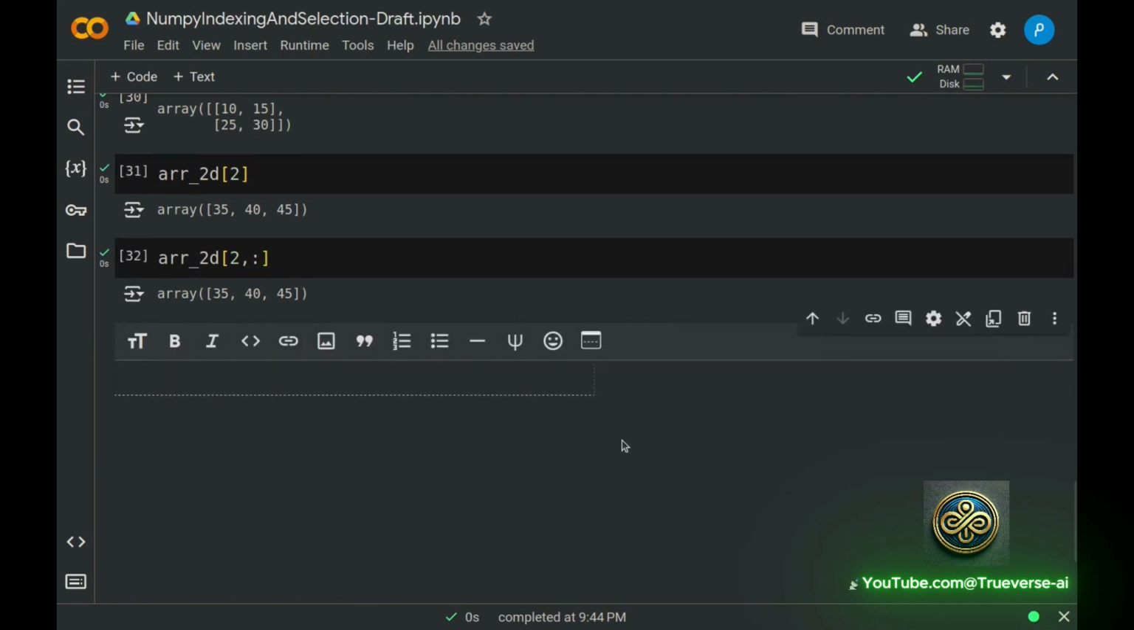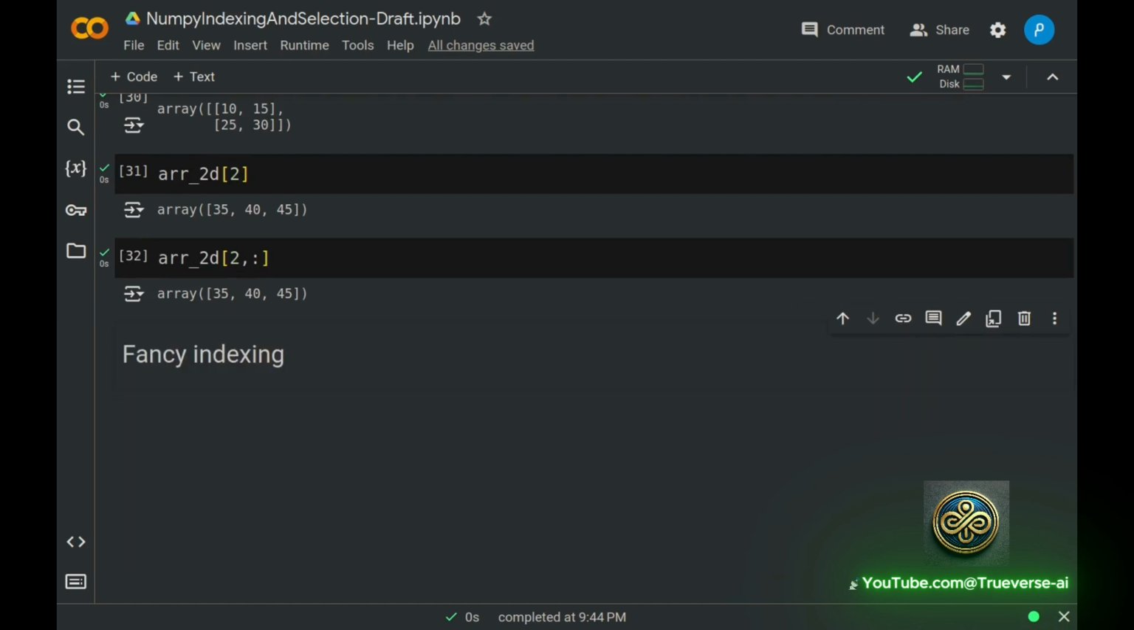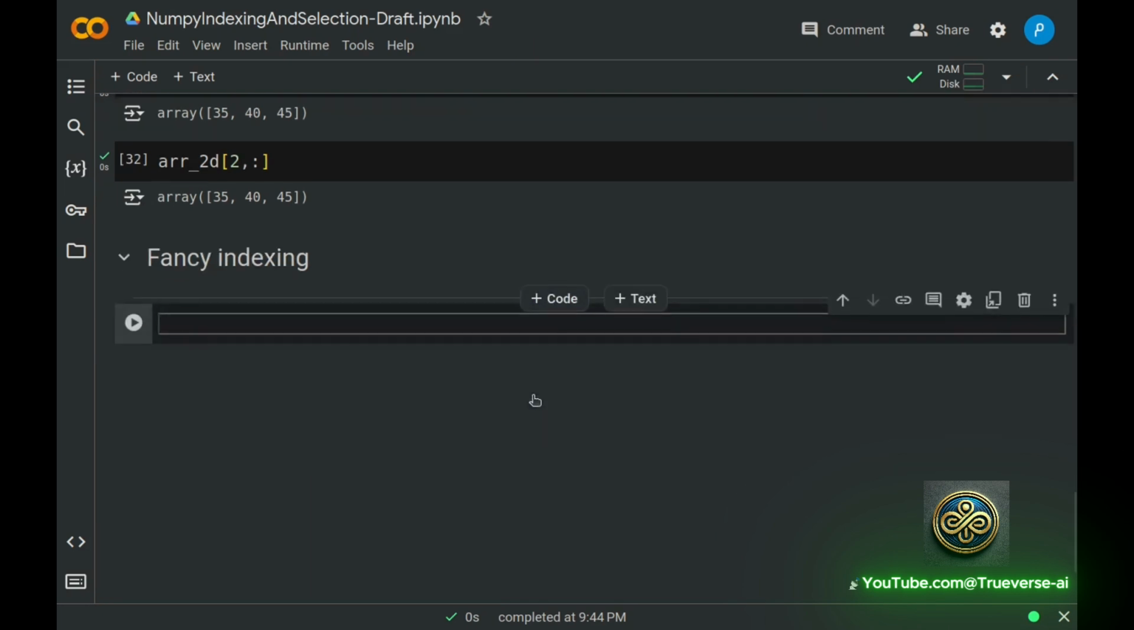Next thing we want to talk about, fancy indexing. Alright, now let's talk about fancy indexing. This is actually an ability that allows us to select entire rows or columns in a specific order. For example, what if I reassign, well, not actually reassign, let's create a new one,